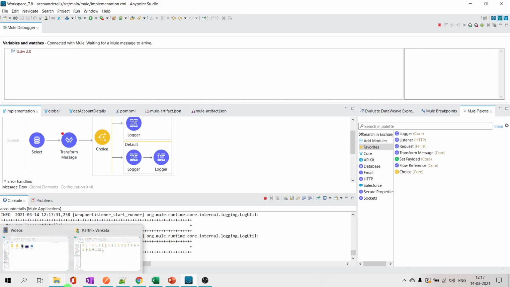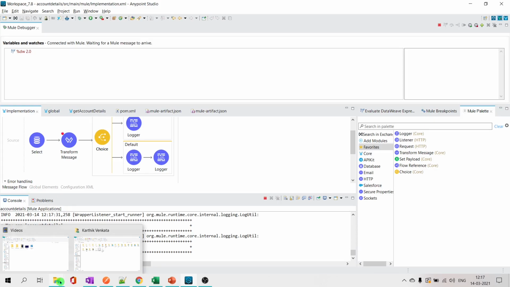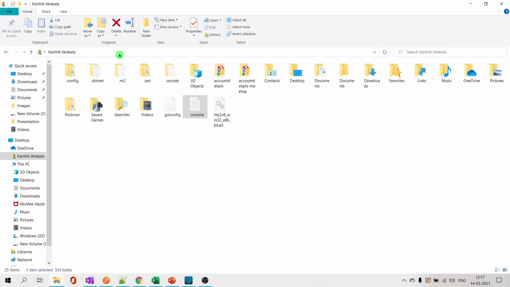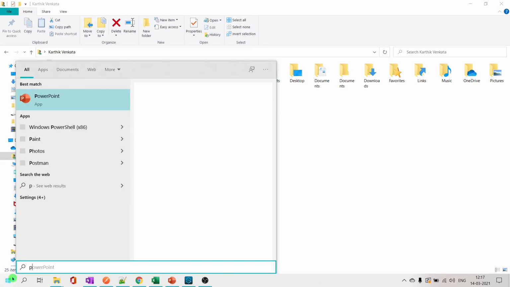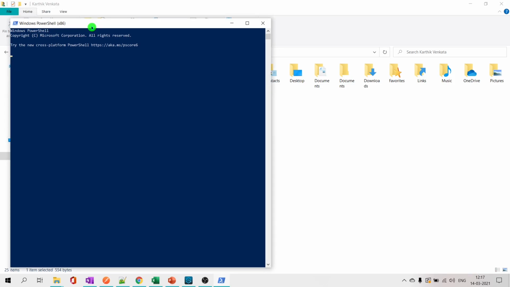To solve that problem, we have one more task to do. Go here, open PowerShell on your PC. Command prompt where you can use some Linux-like commands, right? It's a Windows shell.